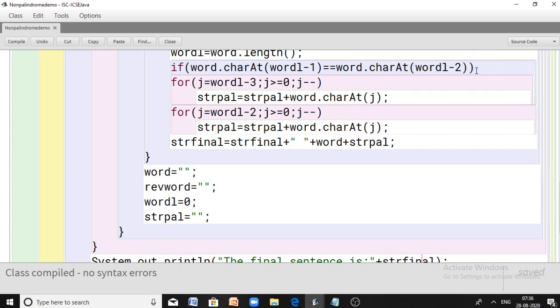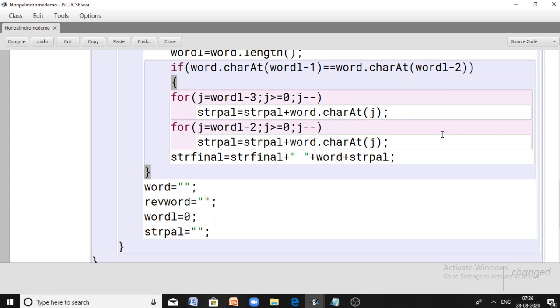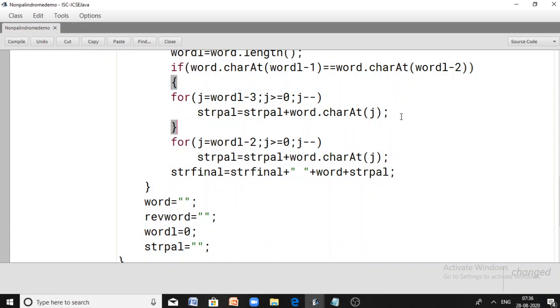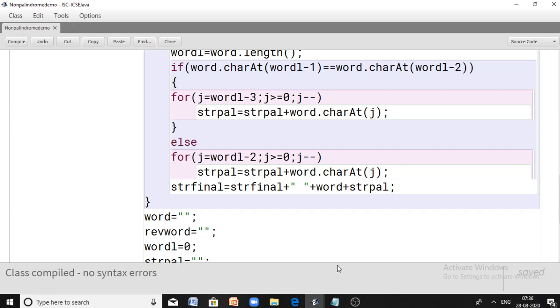So let me give proper braces here, right? The else part is not provided, that is the issue. Because of that the else part, or the if part, is not working properly. So let me go back again and check it.